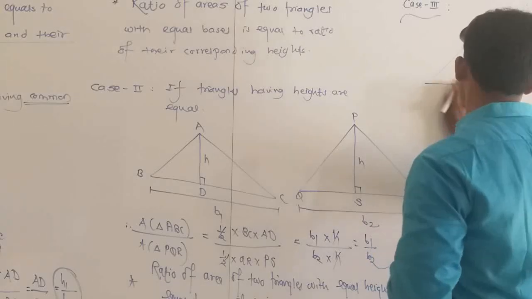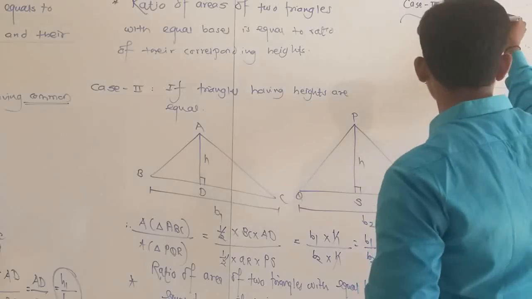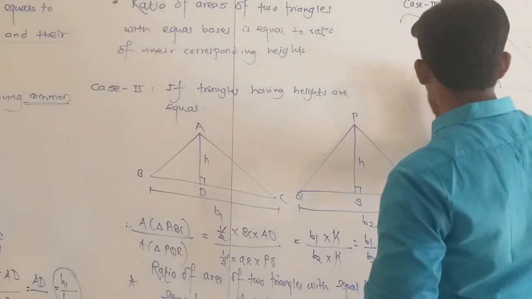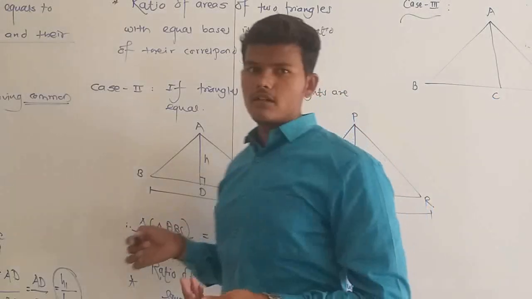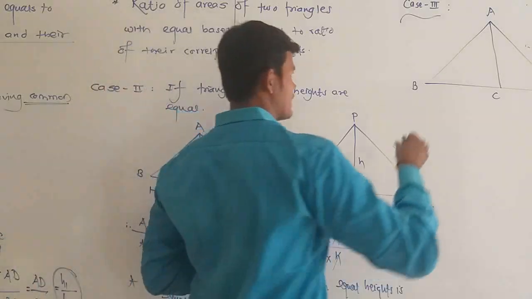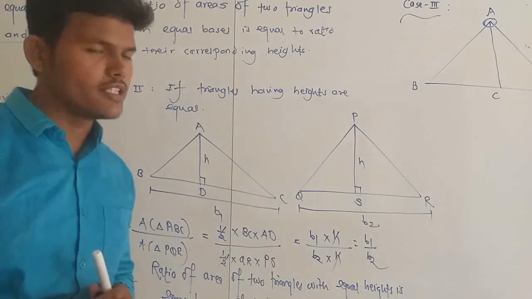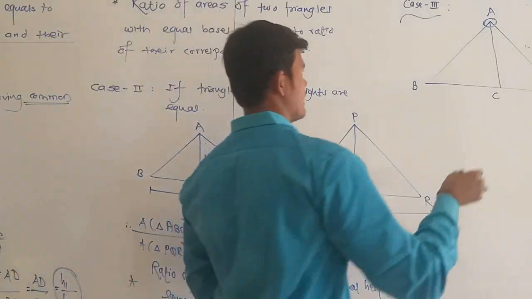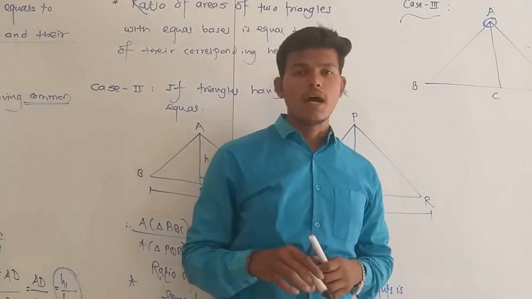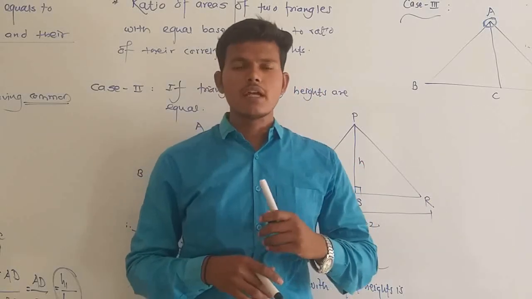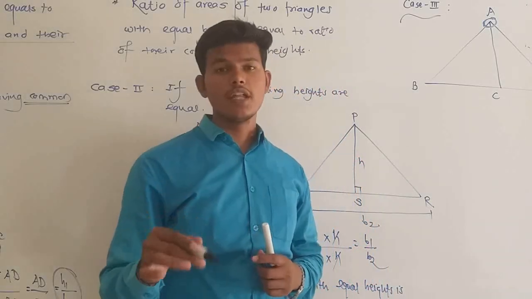These are the two triangles: triangle ABC and triangle ACD. Both the triangles share one common vertex, that is A. For triangle ABC as well as triangle ACD, they share common vertex A, and if two triangles have a common vertex, then their heights are equal. And if two triangles have equal heights, then the ratio of their areas is proportional to their corresponding